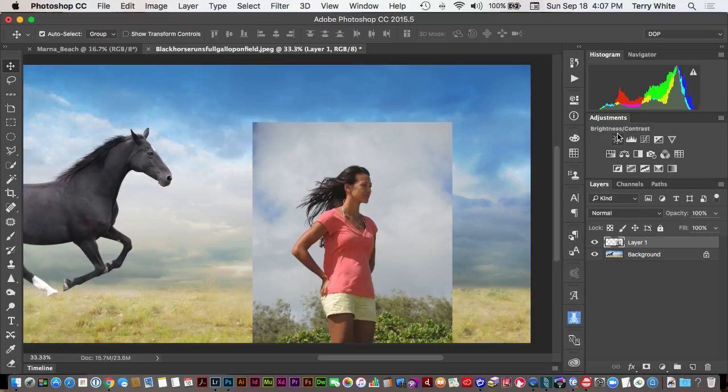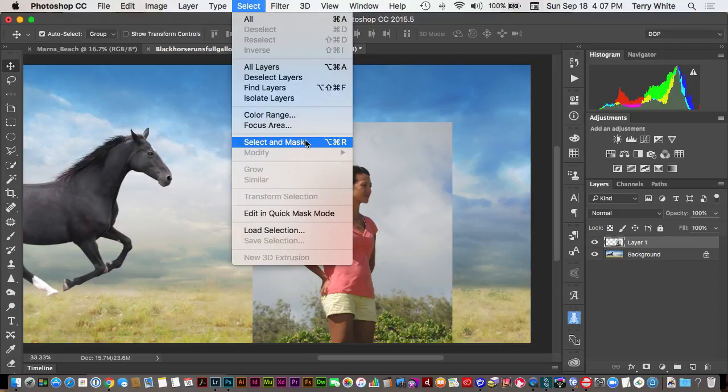Now, in the past, prior to this update in CC, I would have done a quick select, selected her roughly, and then I would have gone into Refine Edge, and I would have removed the background that way. That's all changed. That's all gone. You still have quick select, but you don't need to do it separately anymore. Because now under the select menu, you have a brand new select and mask. Brand new feature dedicated for this task. So if I go to select and mask,